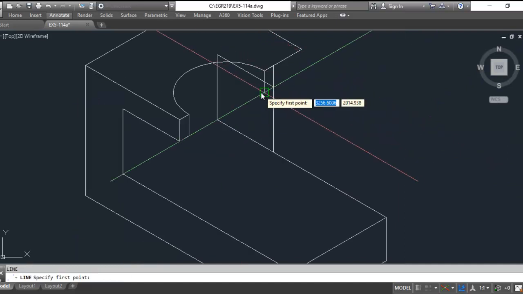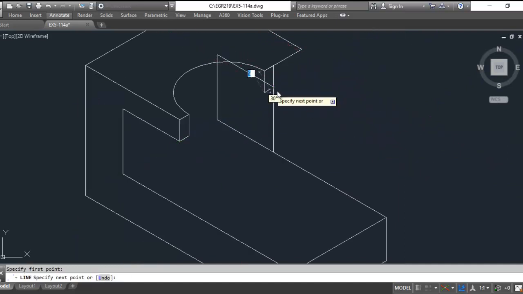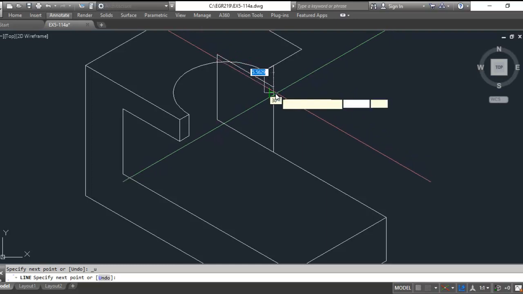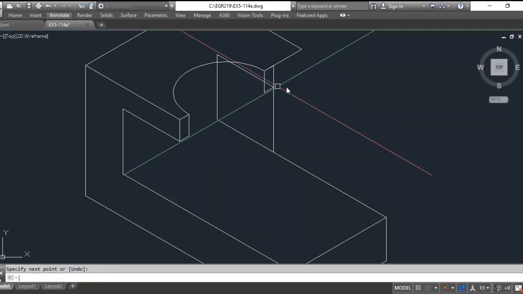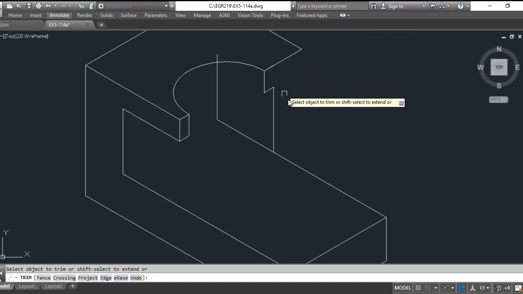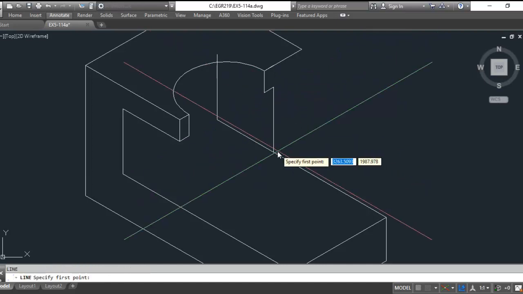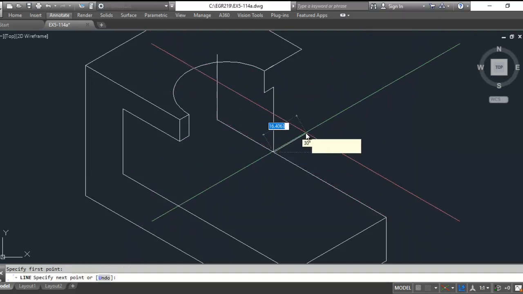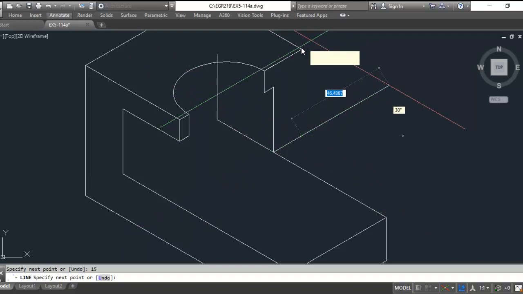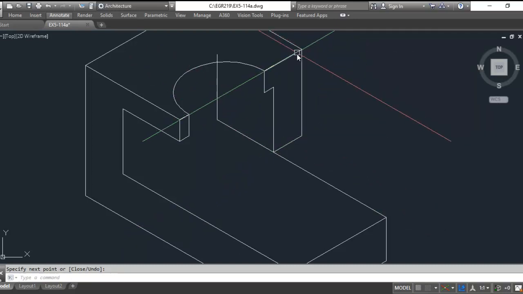I'm going to do a line from here to there. Oops. Control Z in the middle of the command if you need to. Here to there. That looks right. I don't think I'll see that one, so I'm going to erase that one. Trim that one away. And as I view it, again, this is kind of up to our interpretation with this drawing. I think I can come over 15 and straight up and call that good as far as what it